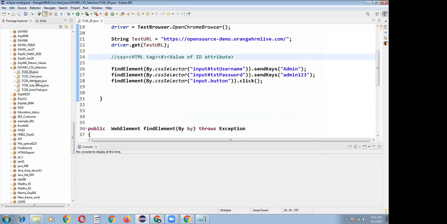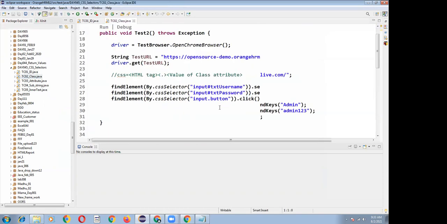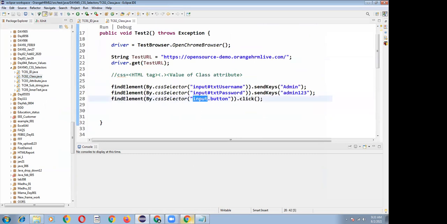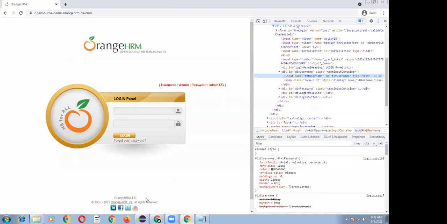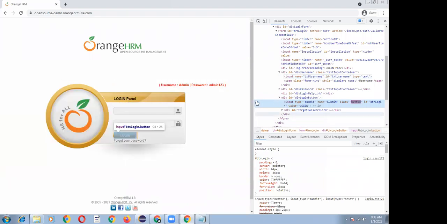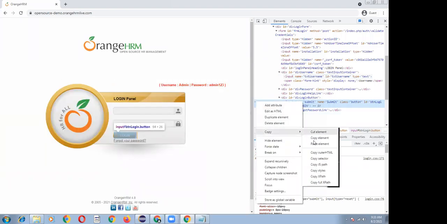And if it is class, see here the developer is giving a class. Right click, click on inspect, and copy element.